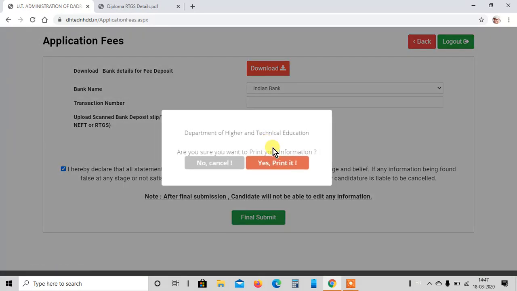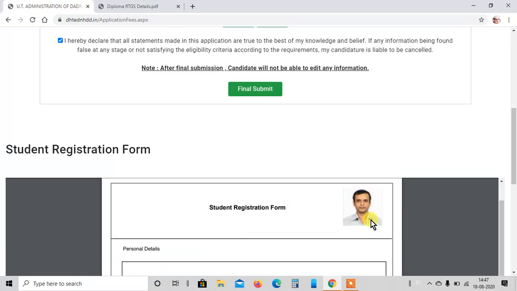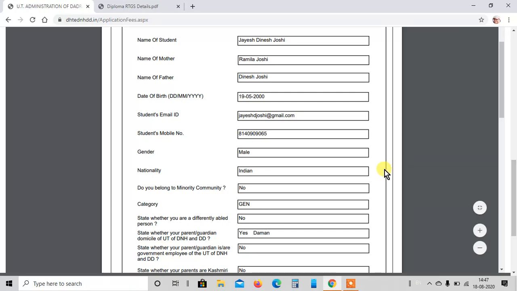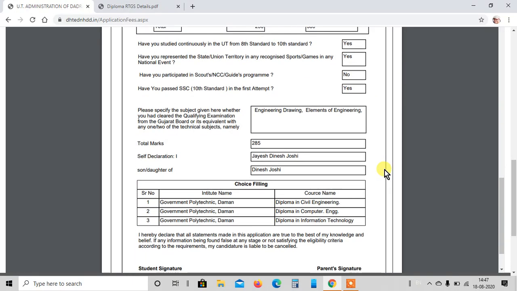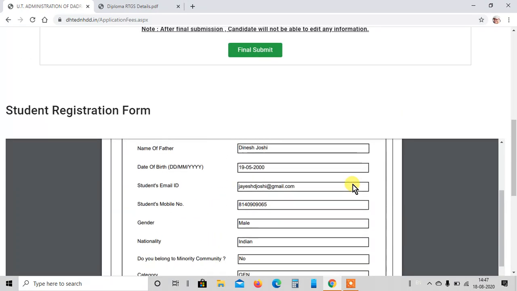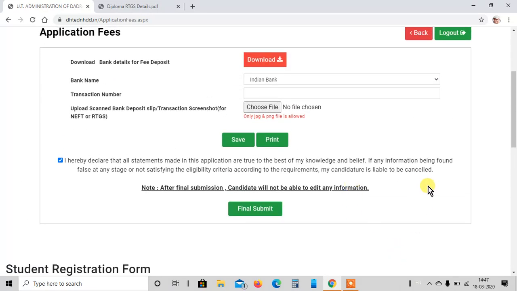Once you hit the print button, it will give you your application form in a printable format. You can see here, this is the application form which I have just filled up. You can take the printout for your reference. The same will be mailed to you as well.